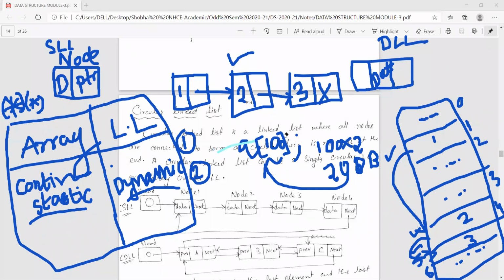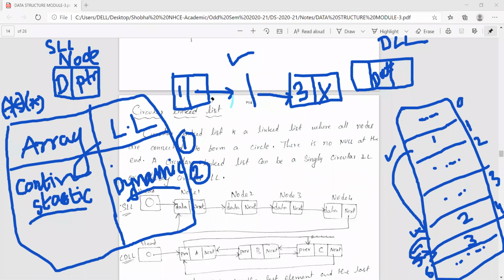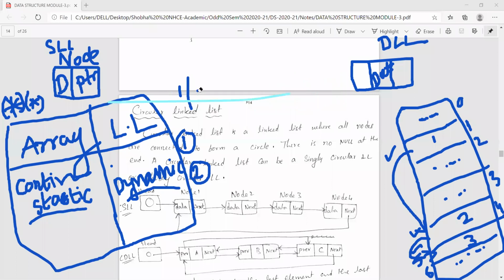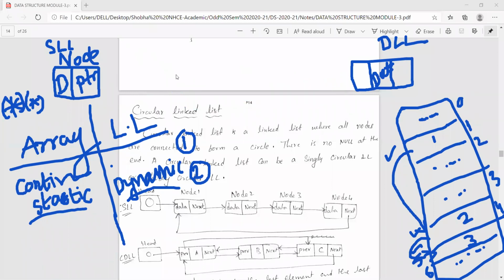But when we see the other side, the linked list, during runtime, suppose I want to add 5 elements. When I want to add the first element, I will create a node first.